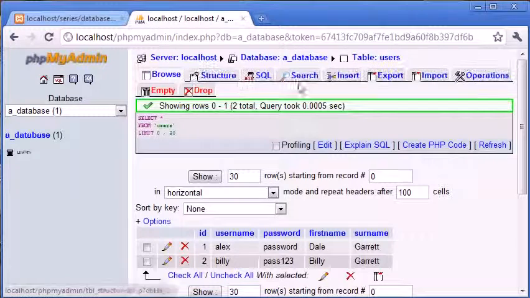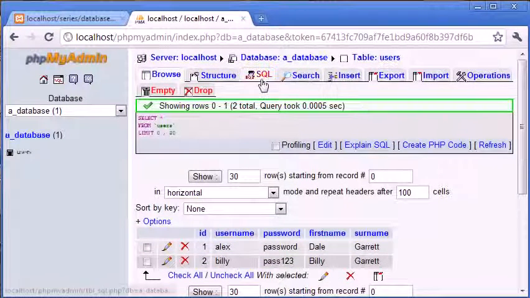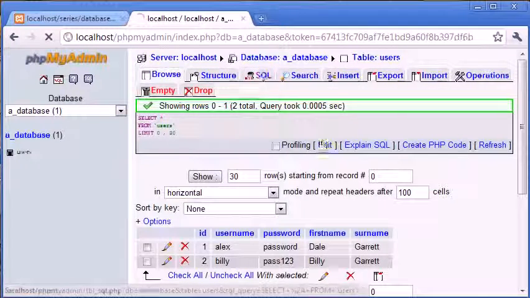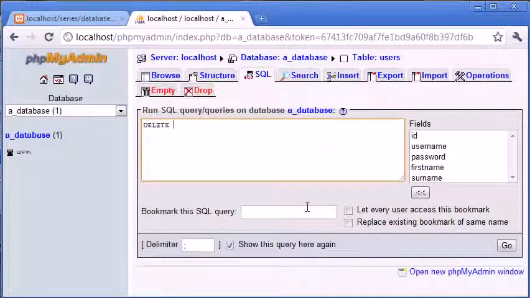So now let's look at deleting rows. So let's say I want to delete this row here, this with ID 2, or even ID 1. It doesn't really matter. So let's come into our SQL tab again, and what we need to do this time is use the delete keyword. We need to say delete from, and we need to specify the table, so users. That's very important. Delete from users where,